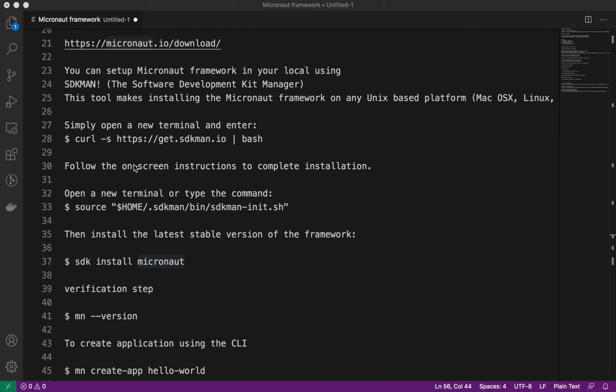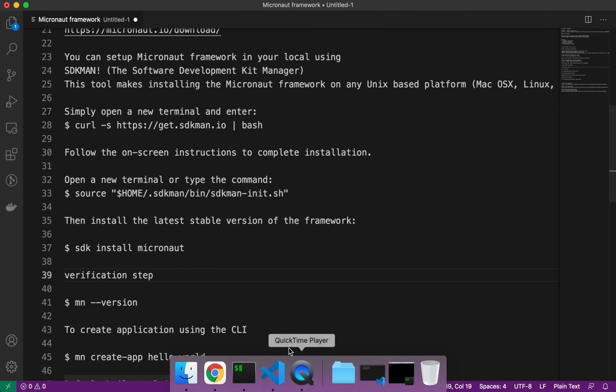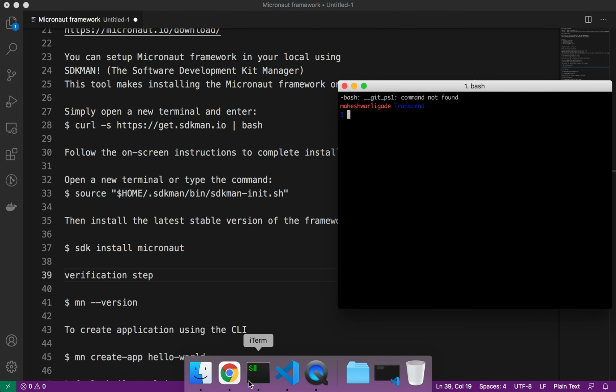in your local. In this one I provided a couple of steps which I pulled from the documentation, and in the description I have added the documentation link as well on how to set up on a Windows machine or macOS using SDKMAN, Homebrew, and Chocolatey. These steps are about SDKMAN, where you can curl SDKMAN, pull it, and then with the help of SDKMAN you can set up Micronaut using sdk install micronaut, so it will get installed. How can we verify the Micronaut SDK installation?